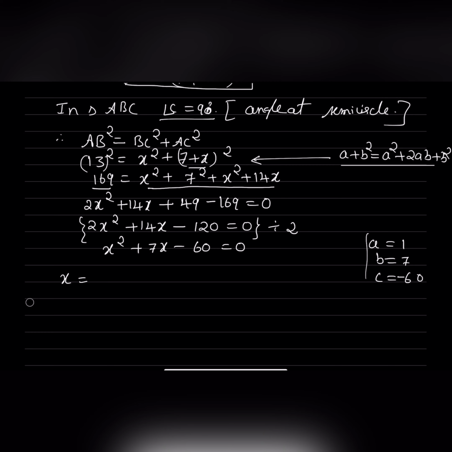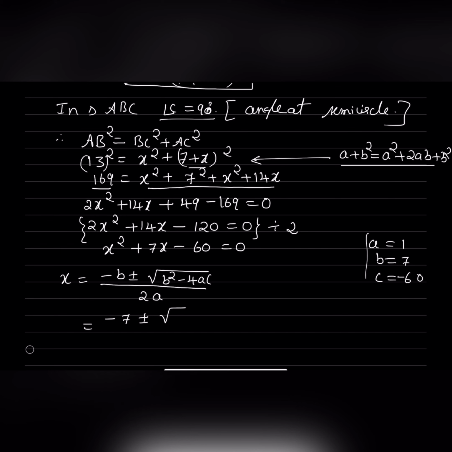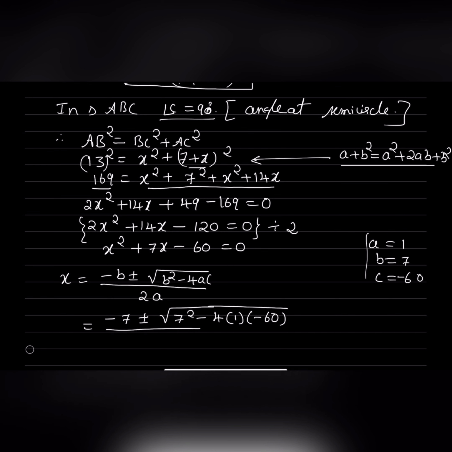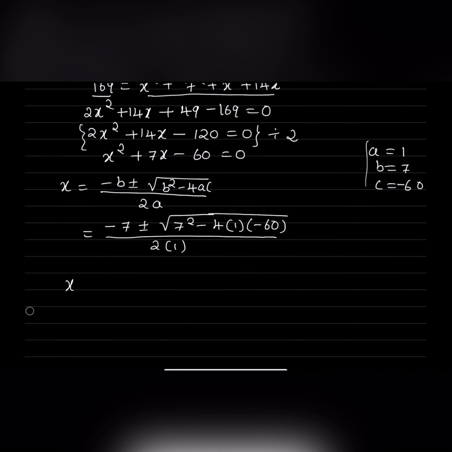We'll get x is equal to minus b plus or minus square root of b square minus 4ac divided by 2a. Minus b is minus 7 plus or minus square root of 7 square minus 4 into 1 into minus 60, divided by 2a, 2 into 1. Now x is equal to minus 7 plus or minus square root of it is, oh sorry, I have to